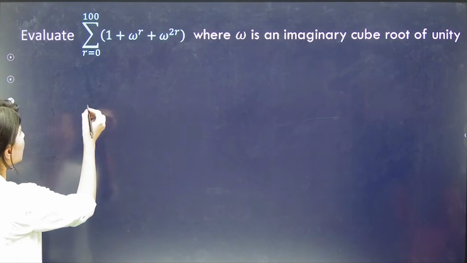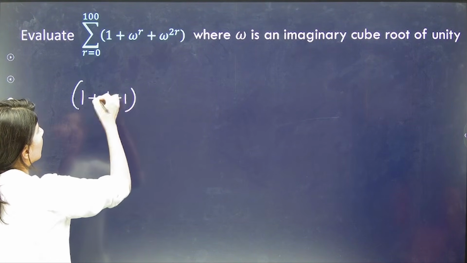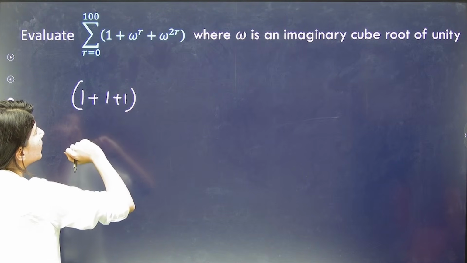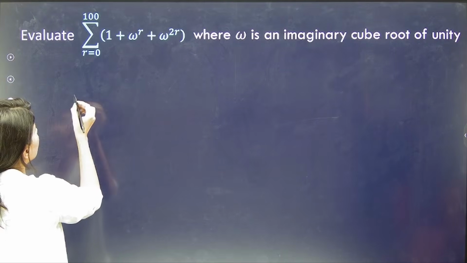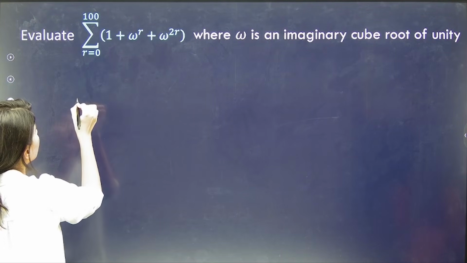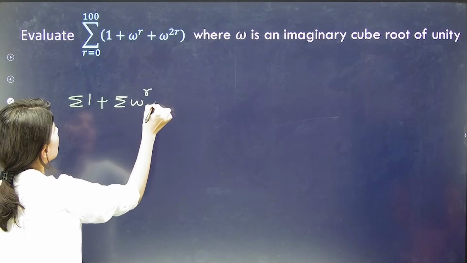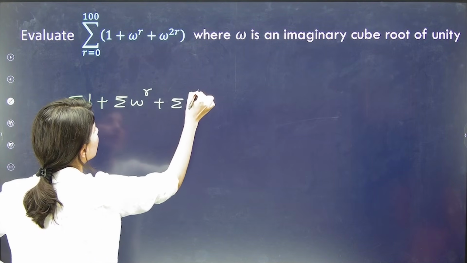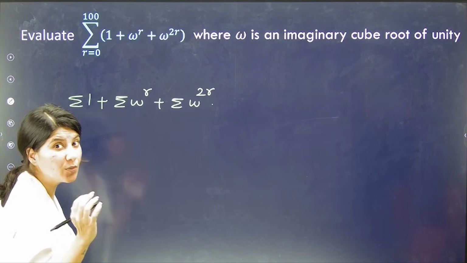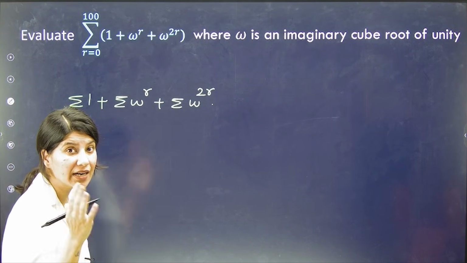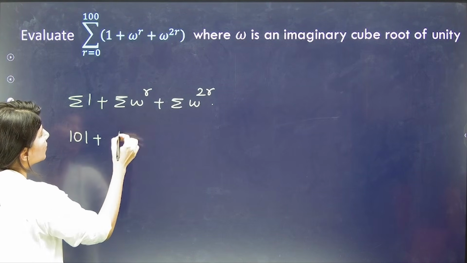Let's split it: sigma 1 plus sigma omega power r plus sigma omega power 2r, r equals 0 to 100. How many numbers are there from 0 to 100? 101. So 101 plus